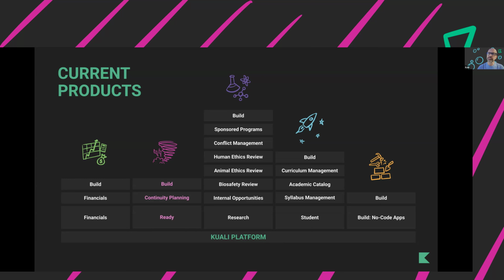We have solutions for the provost's office and for the registrar for curriculum, catalog, and syllabus management. For research, a whole suite of different solutions for research administration that we have on the Kuali platform. And I mentioned financial management earlier as well. In this webinar, we'll be talking about Ready, our business continuity planning solution.